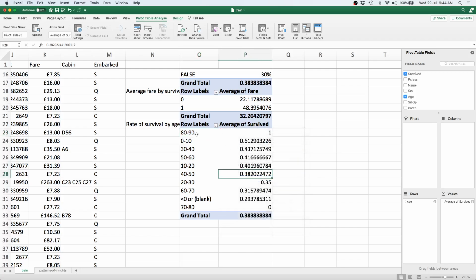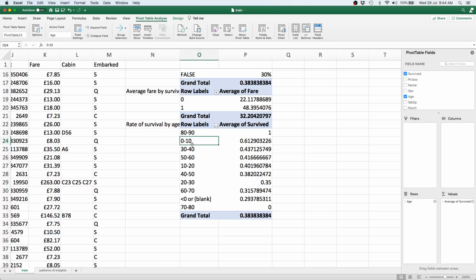So there it is. Basically anybody who is between 80 to 90 years of age had a 100% chance of survival. But at the same time, you see that somebody between 70 to 80 years of age has a 0% chance of survival. This probably is a fluke value. What that means is that there's probably one or two passengers who are in that age range, and it just so happened that both of them survived, or whatever number there were in that range happened to survive, and that's why it's getting a high rating. But the same cannot be said of other values.